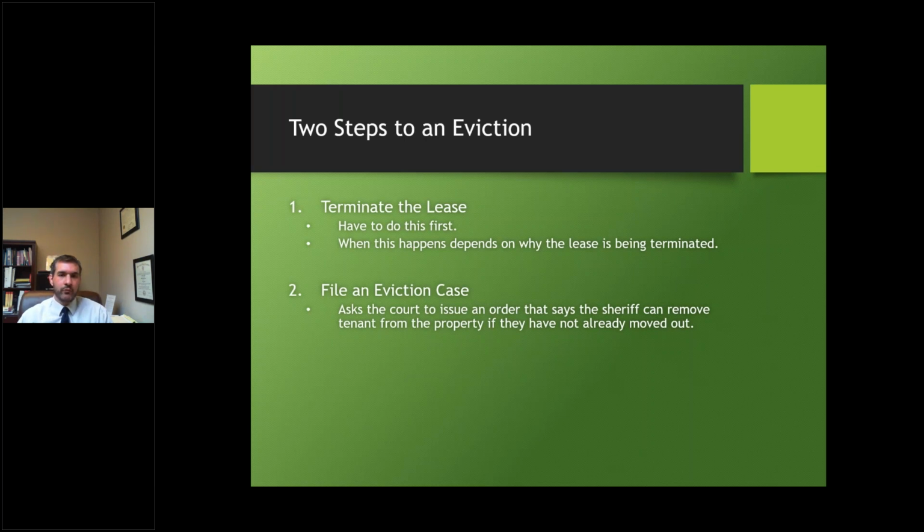What you have to do to terminate the lease depends on why the lease is being terminated. If you're on a month-to-month rental, you have to give a 30-day written notice that the lease is not going to be renewed for the next 30-day rental term. If the lease is being terminated for non-payment of rent, you have to give that 5-day notice either in the lease or as a separate notice if it's not written into the lease, that we talked about earlier. So you have to give some sort of notice, and it depends on why the lease is being terminated. Then if the tenant does not vacate the property, you would file an eviction action in the magistrate court,